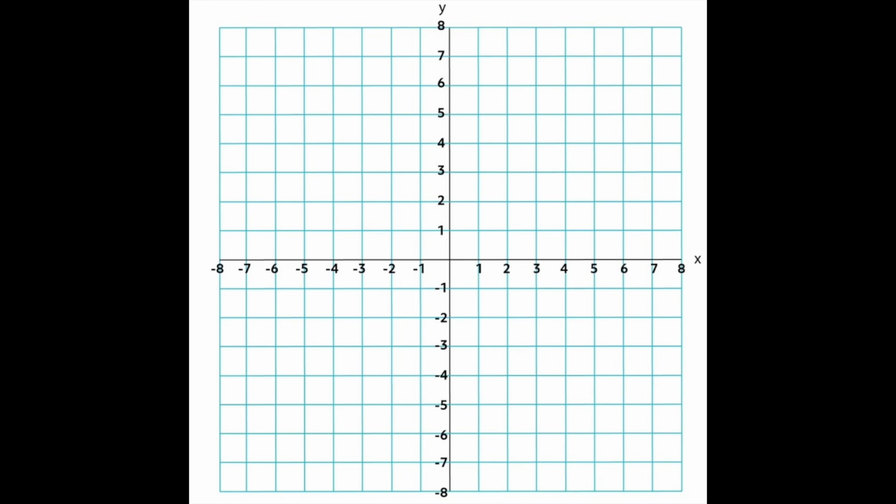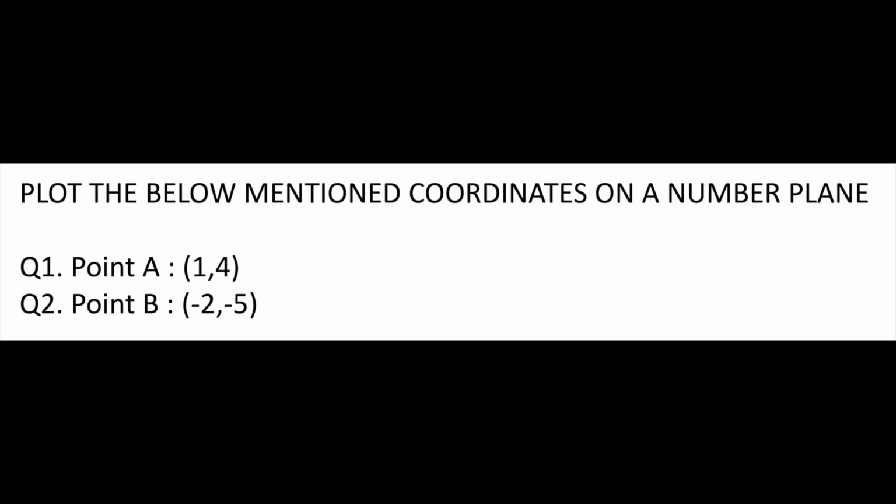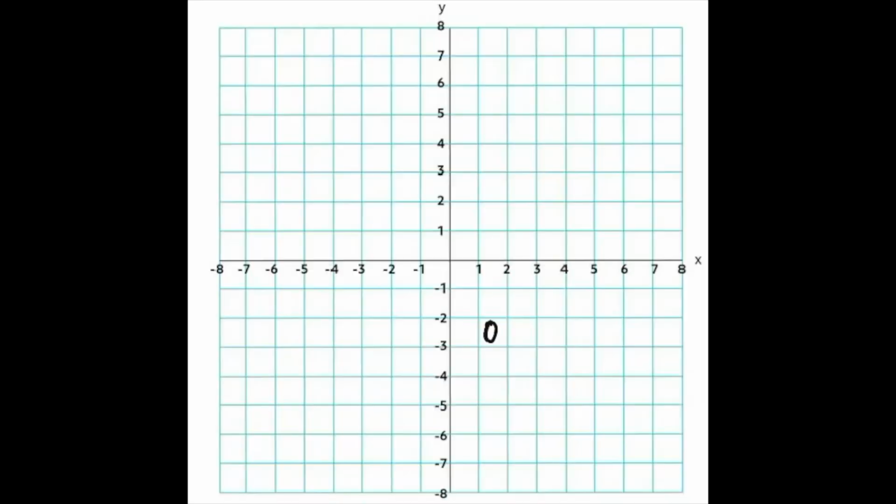Let's plot some coordinates on a number plane and let's see how it looks. So friends, now let's solve this problem. It says plot the below mentioned coordinates on a number plane. Question number 1 is point A (1, 4). Question number 2 is point B, which is (-2, -5). So let's plot the first question, which is point A (1, 4), x and y, x is 1